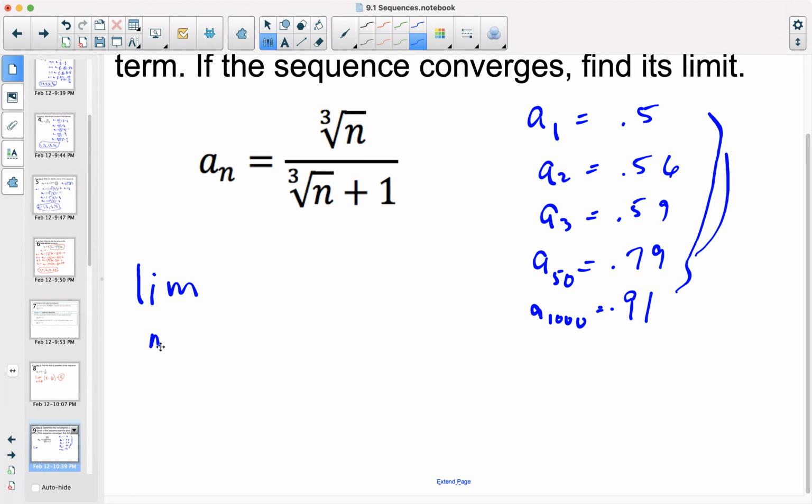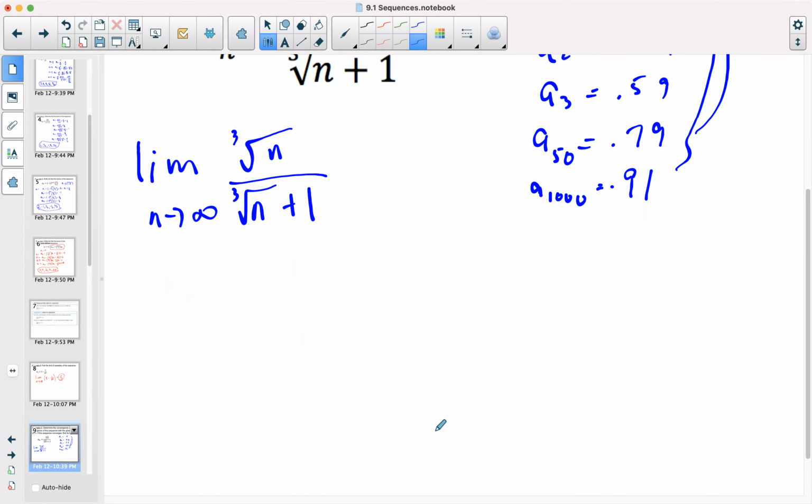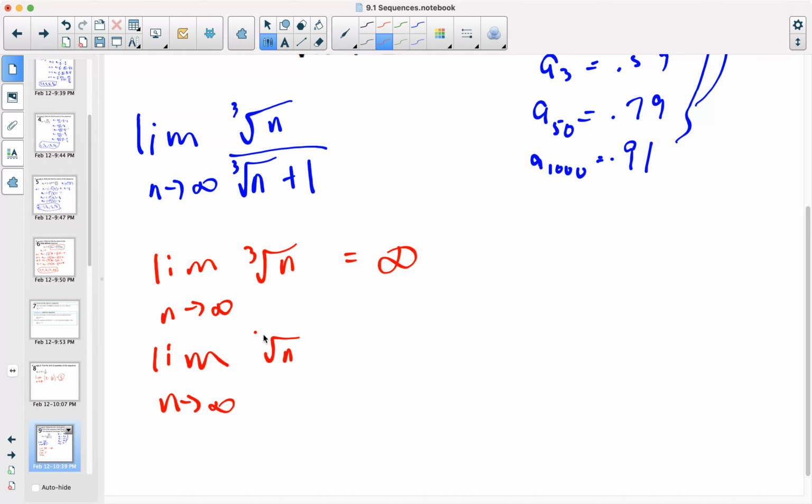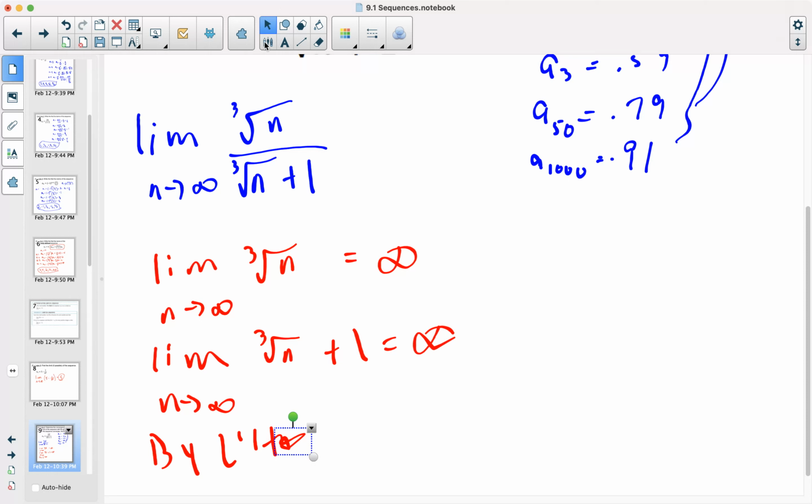If we take the limit as n approaches infinity of this sequence, as I can see, I'm probably going to get infinity over infinity. Okay, so we know that's going to be L'Hopital's, and recall way back in Unit 3-4 when we did L'Hopital's, we want to look at the limit of the top. That's going to equal infinity. We want to look at the limit of the denominator. That's also going to equal infinity. So therefore, we can say by